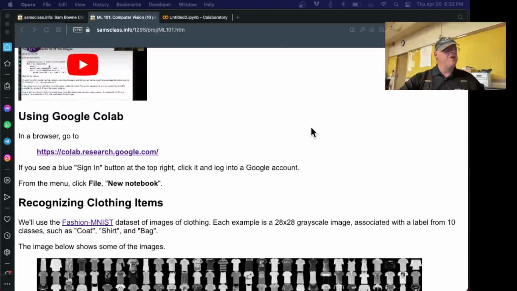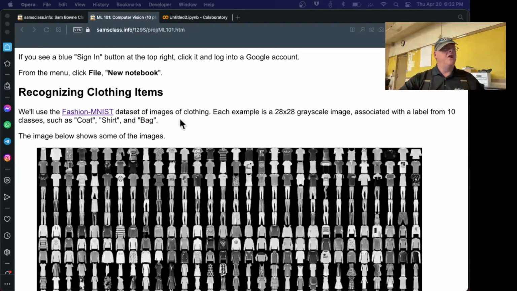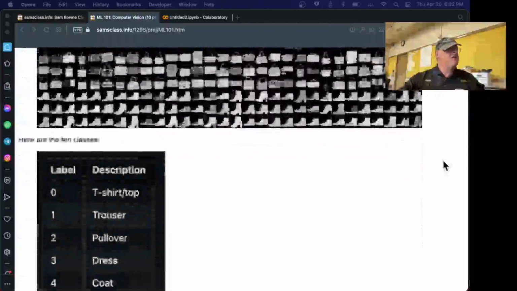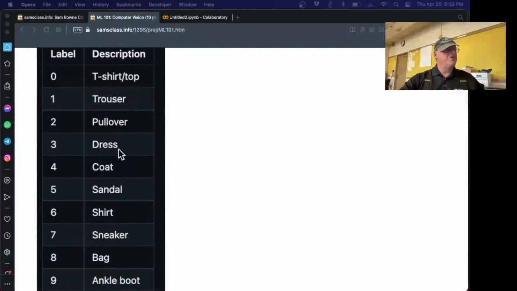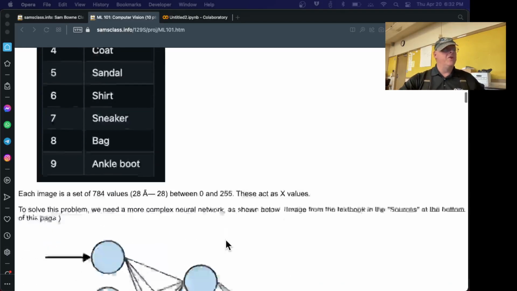Let's do some computer vision. There is a fashion data set of clothing. These are grayscale images of clothing, and you can sort them into 10 categories, and they come with a label so you know what category they're in. So their 10 categories are t-shirts, trousers, dresses, coats, sneakers, bags, ankle boots, and it's going to sort those into the